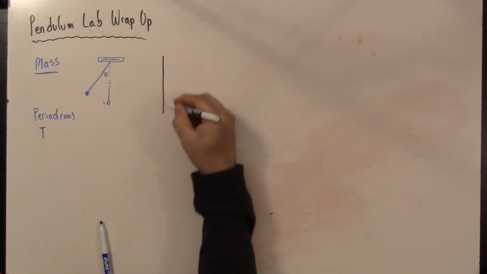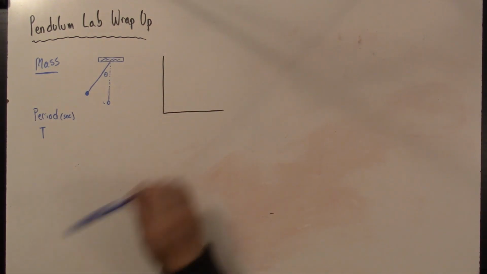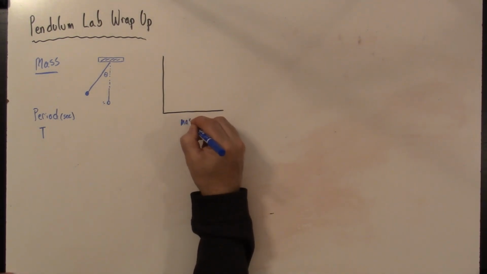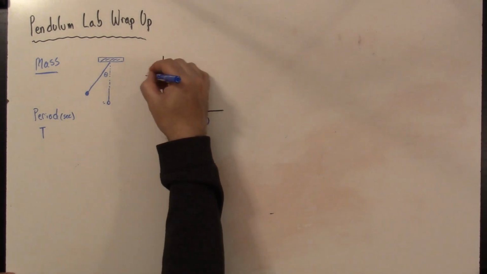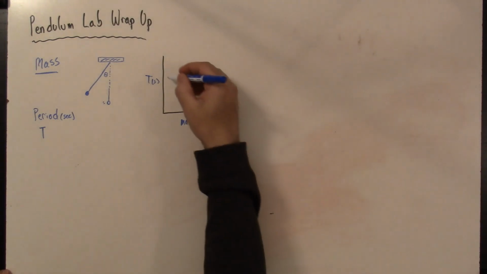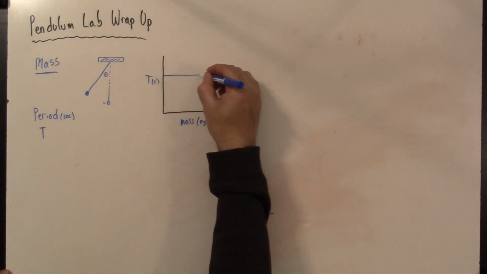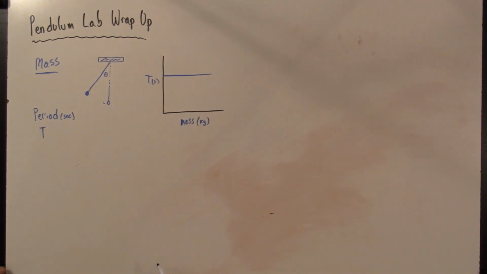And I don't know if you were super paying attention or this was novel to you, but you changed the mass here, probably measured in kilograms, and you measured the period here, measured in seconds. And if you're paying close attention, what you would have realized was that regardless of the mass that you put on there, the period never changed. There's no relationship between the mass and the period. This is a weird thing, but it turns out we may have experienced something like this earlier in the year,